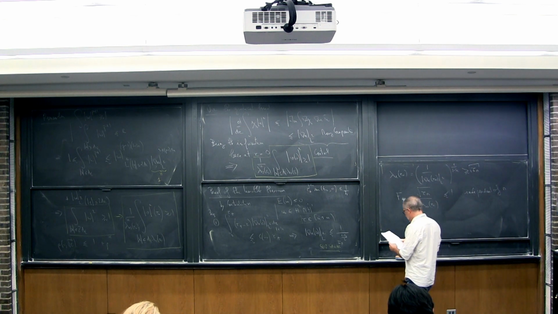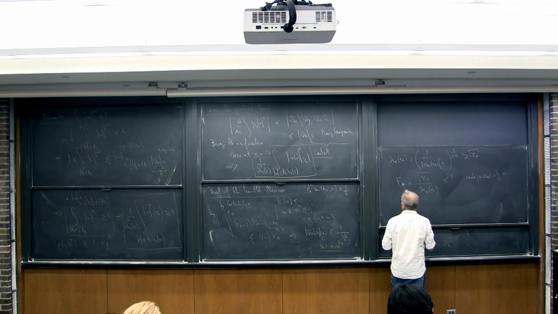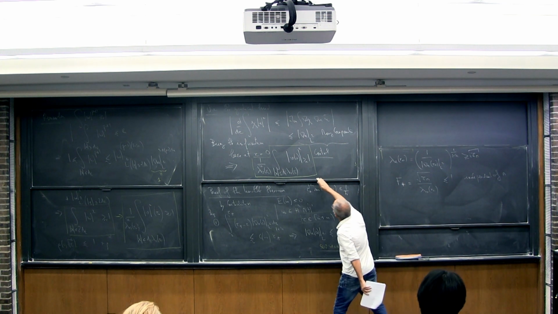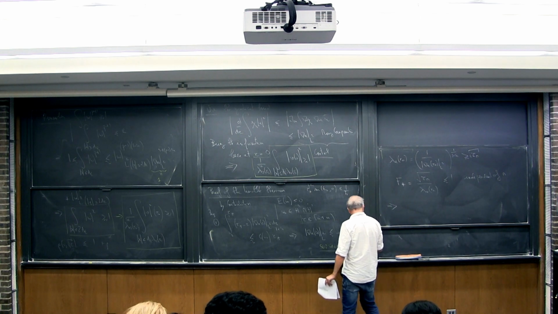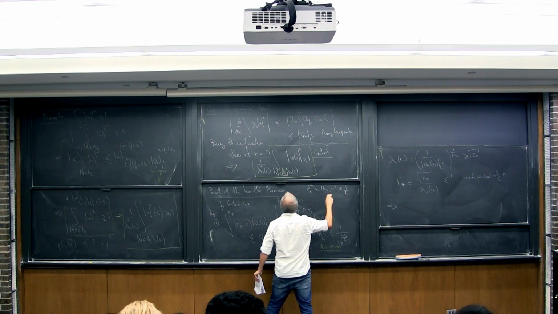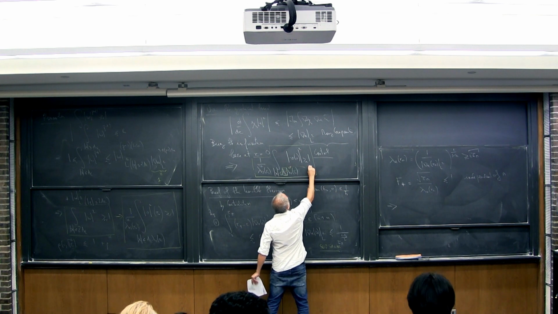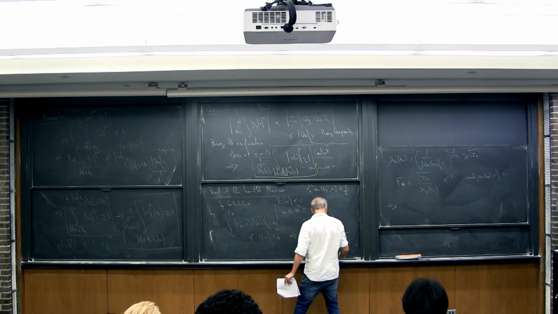Okay, so what does it mean? It means that if I apply my proposition, what does this mean for my data? It means that if you want the A epsilon here, in fact, it's related to the F star. So in fact, it's uniform in n. It does not depend on n.